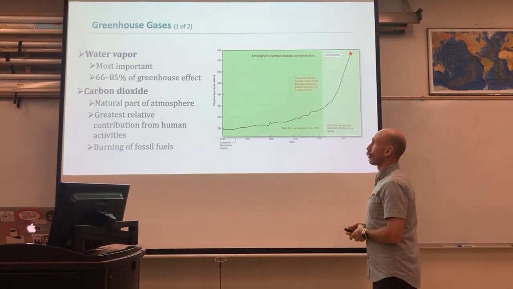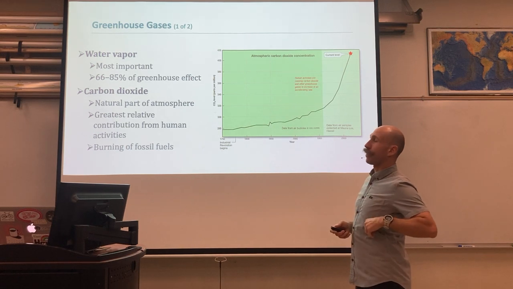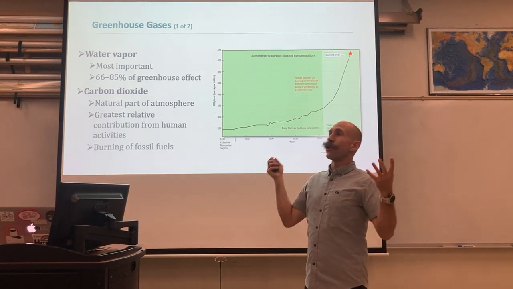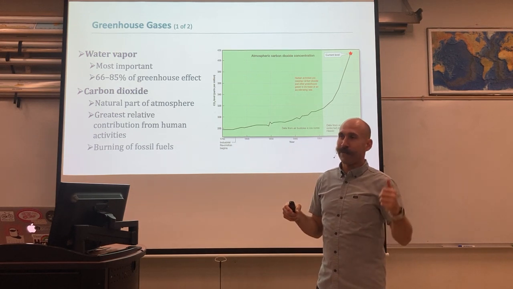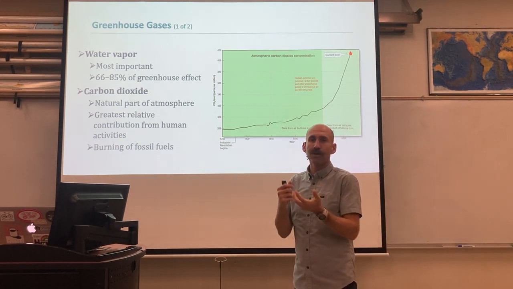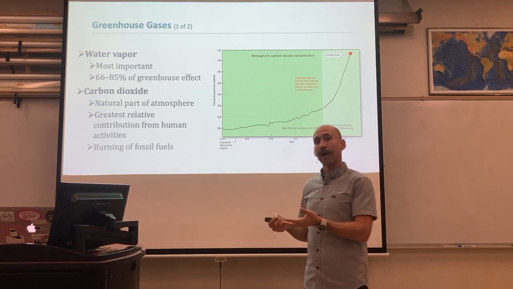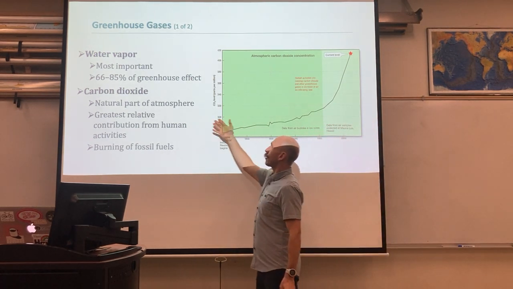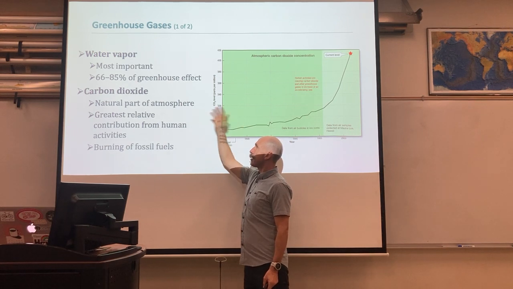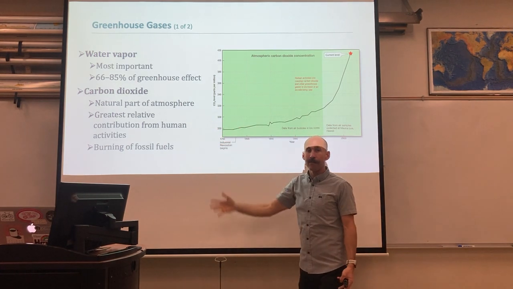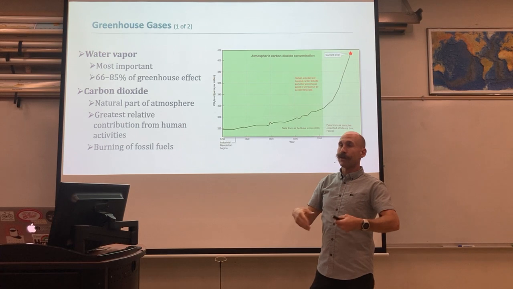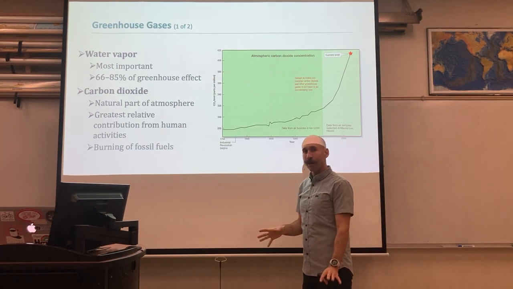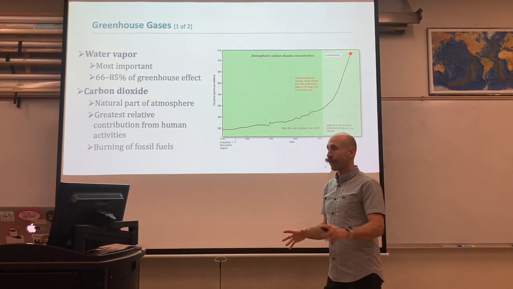Water vapor is the most important. It accounts for 66 to 85% of the greenhouse effect. The water cycle, hugely important. My favorite cycle personally, and it's hugely important because it really helps to regulate global climate. Carbon dioxide is a natural part of the atmosphere. It moves. We breathe out carbon dioxide. Every breath we take. Carbon is not a bad thing. But